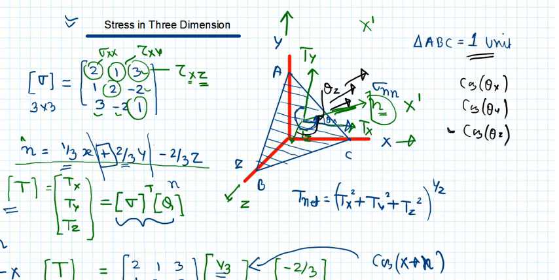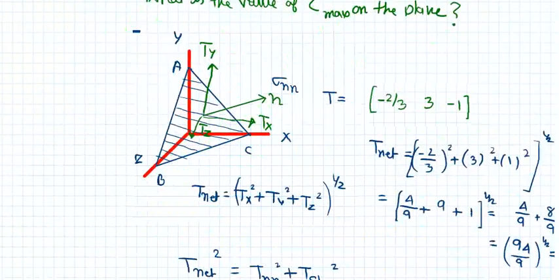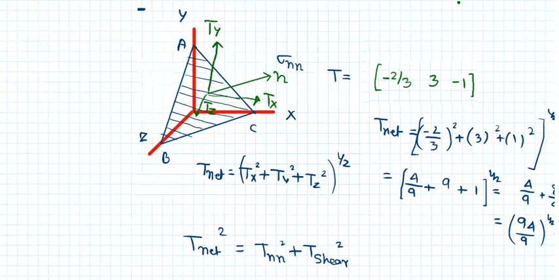And of course, now this is the plane. Let me again redraw this. Now, ABC is the plane. If ABC is the plane, now I can say that shear force may be acting in this direction, it may be in this direction. So in a plane, you have all the possibility to shear of the surface.